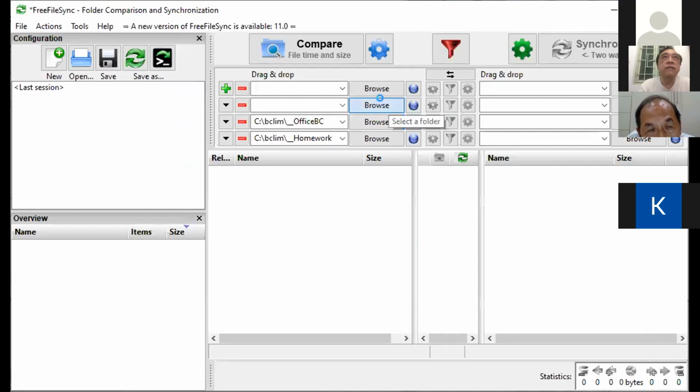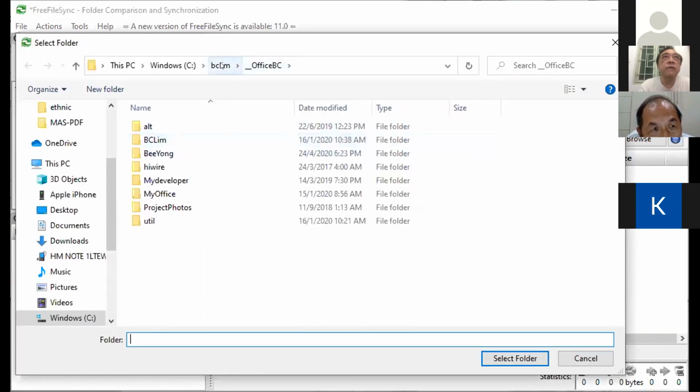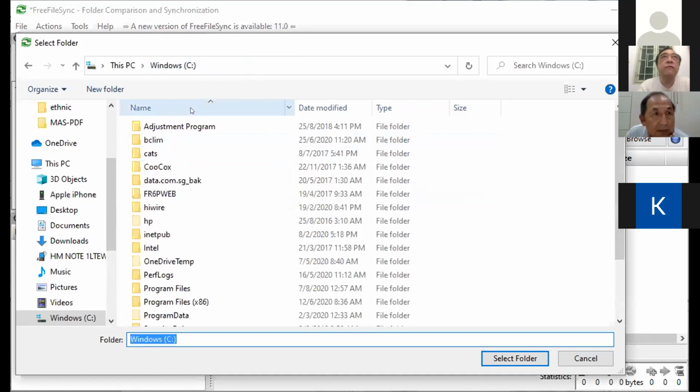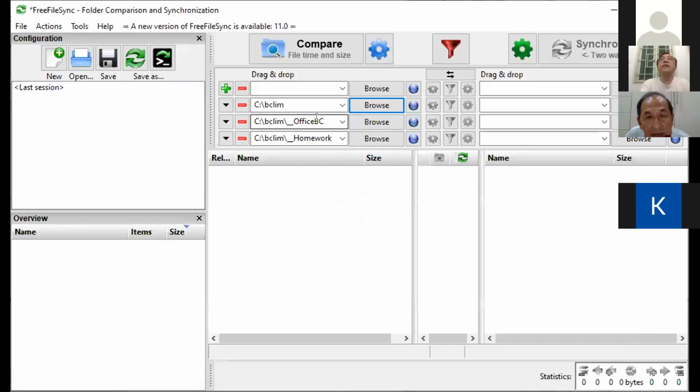Right. So normally you can just choose one folder like that, let's say this main folder, and not care about the rest. Then everything will be backed up, but it will take a long time because there are thousands of files inside. So normally you will just back up your data. You choose your folder,